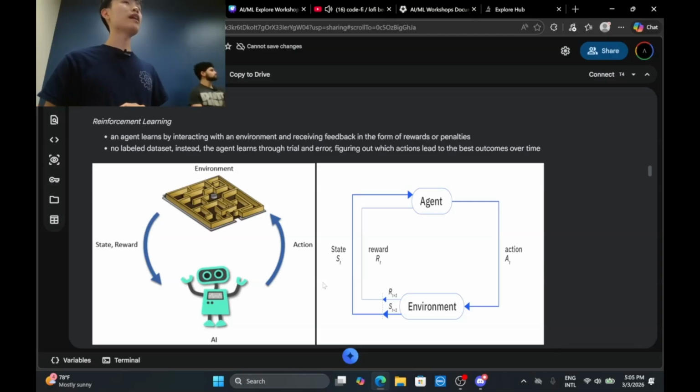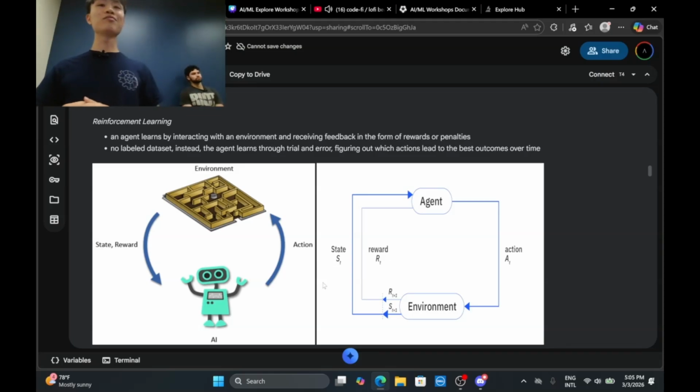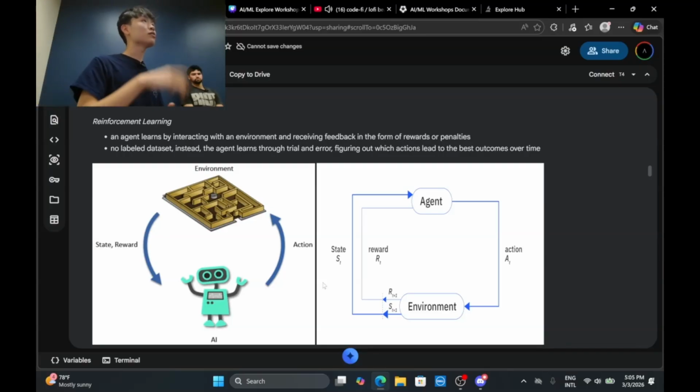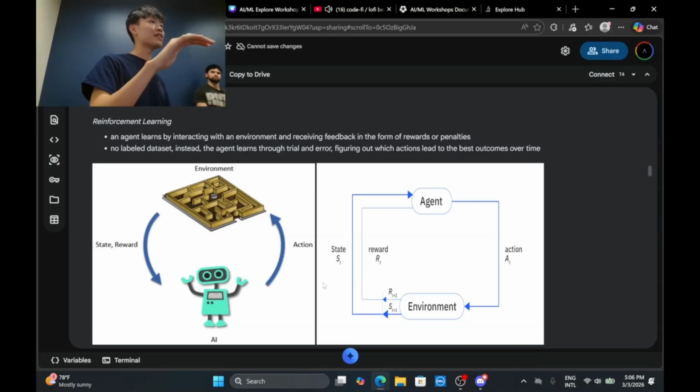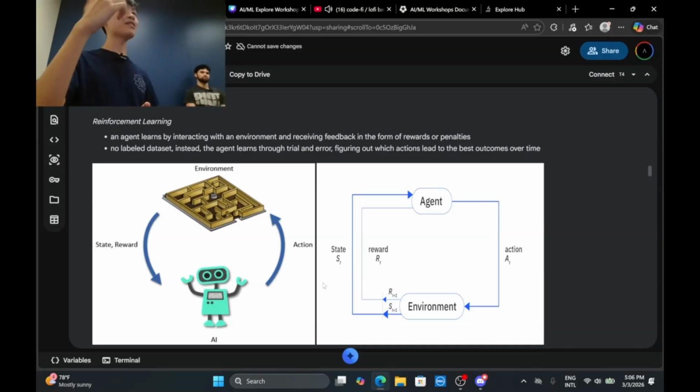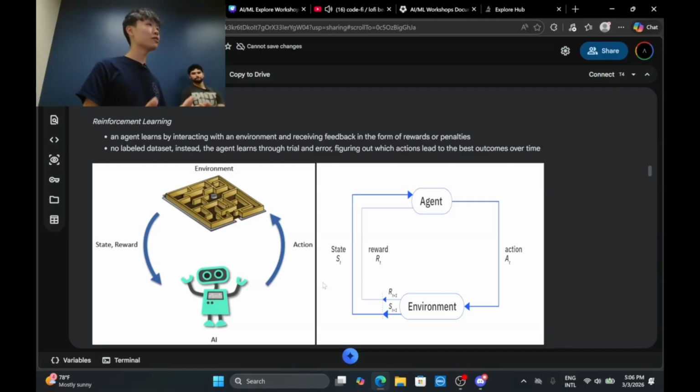So let's say I have an agent that I'm trying to make play chess. If I have a knight, which can only make an L move, it's supposed to go up 2 and right 1, but let's say it goes up 1 and right 1. So it breaks the rule, and I give it a punishment, don't do that again. So the next time it learns and goes up 2 and right 1, which follows the chess rule.